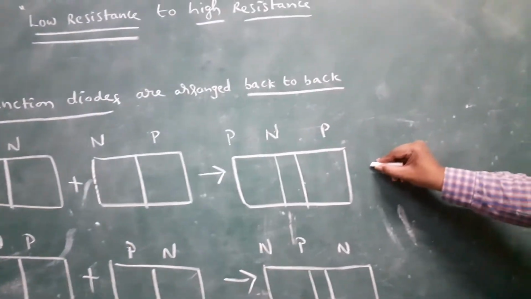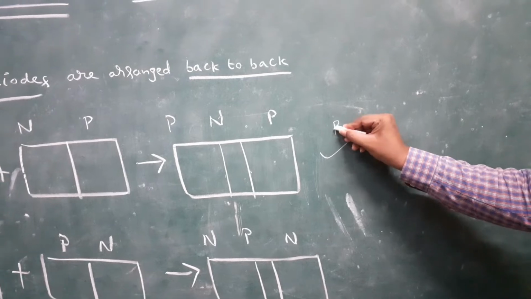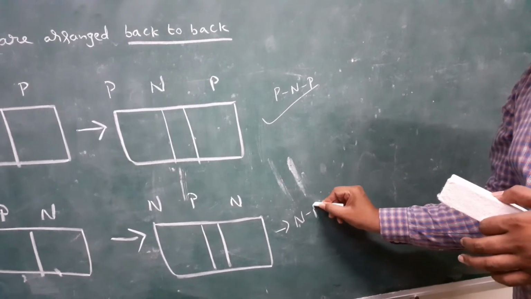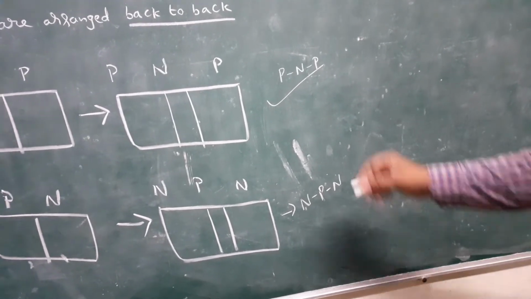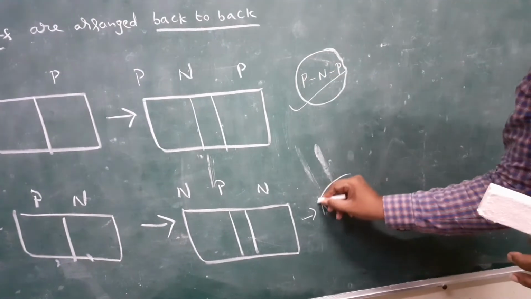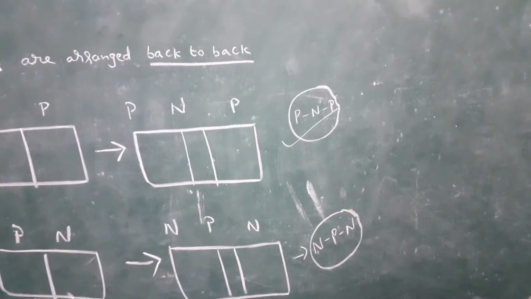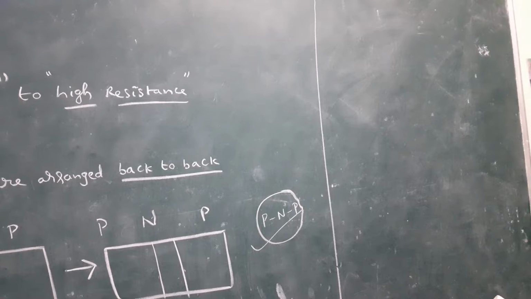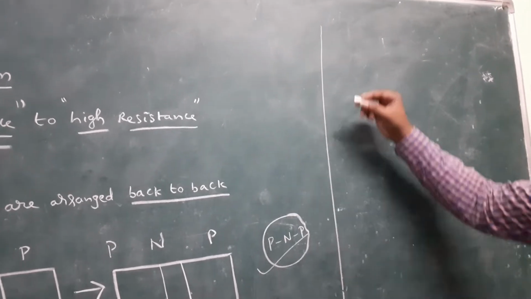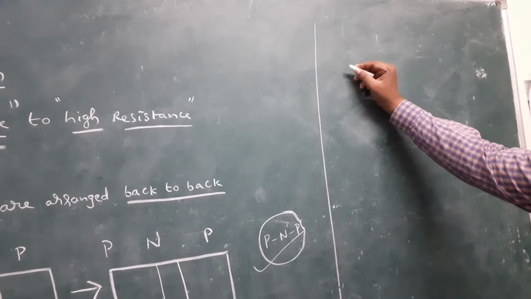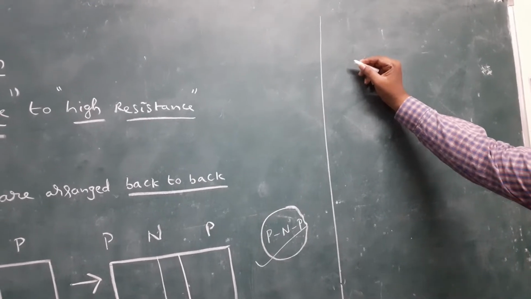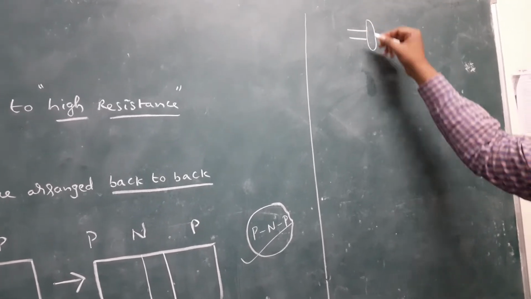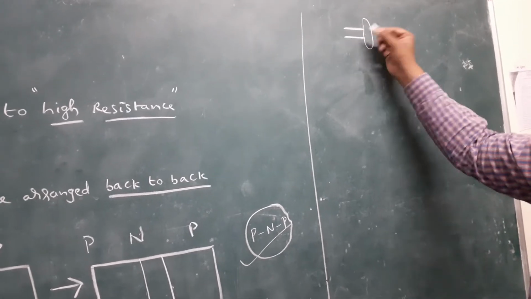That means how many transistors are there? Two transistors are there. One is the PNP transistor, another one is the NPN transistor. Okay? Here PNP transistor, here NPN transistor. In electricity, the input is taken from two terminals. For example, in your house, a TV. These are two terminals. This is an electrical socket. When the switch is on, two terminals are required.